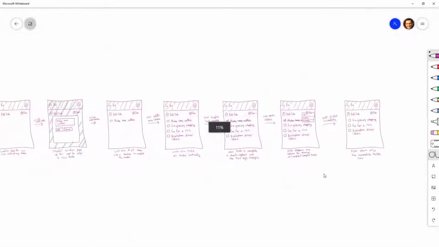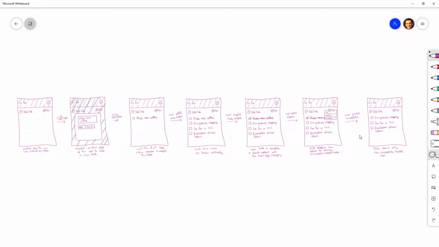Okay, so zooming out, we've got this flow across 7 little wireframe mocks, and none of this is pretty, and that's kind of intentionally the point, is that you're not spending a lot of time on your visual fidelity. You're just trying to map out the layout of the pages and the interaction across those pages. So I could map out more here. Like if I wanted to, I could map out what the settings page looks like, and have another set of flows down here that goes through the settings and what toggling maybe the theme, like light or dark, in the settings does for the application. But I'm going to omit that because really for this, I want you to focus on just the main interaction